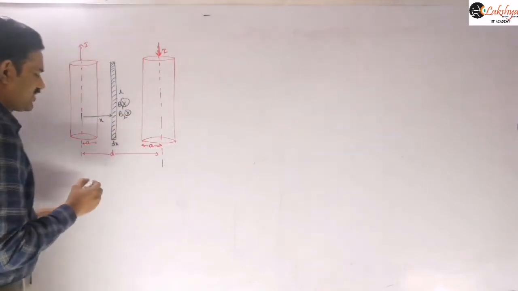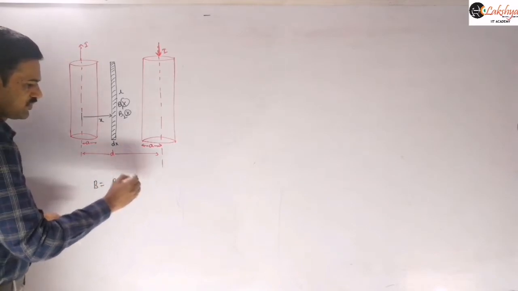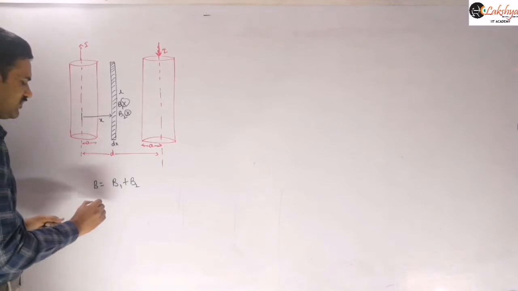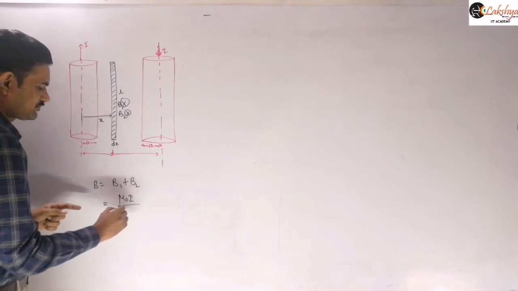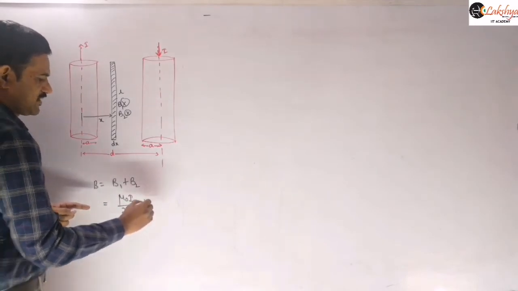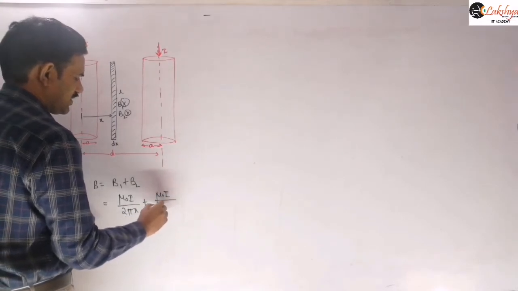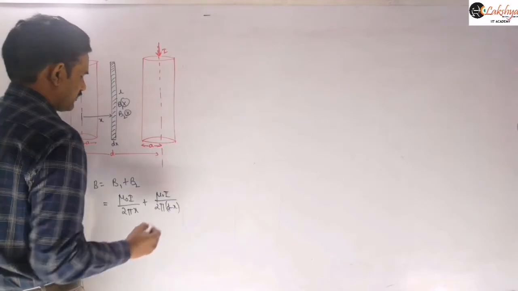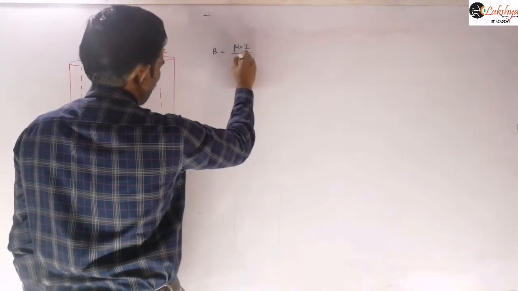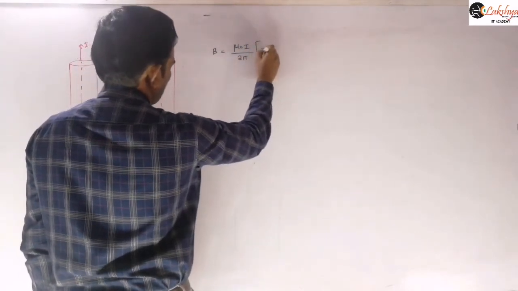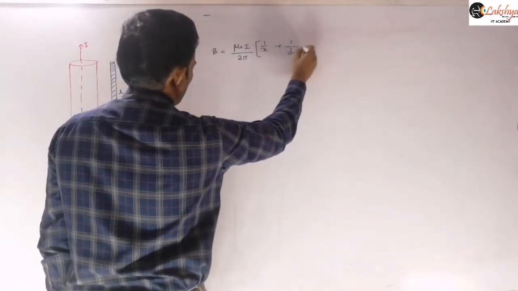Right? And so now the net magnetic field I am writing here. Therefore this net magnetic field is B1 plus B2. Both are in the same direction, so we need to add them. B1 is the magnetic field due to this, which you can write as mu naught I by 2 pi x, plus B2 is nothing but mu naught I by 2 pi into (d minus x), right? And therefore the net magnetic field, we can write as mu naught I by 2 pi, you can take common, times (1 by x plus 1 by d minus x).